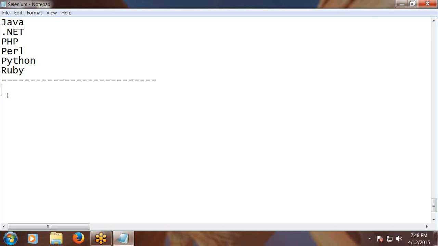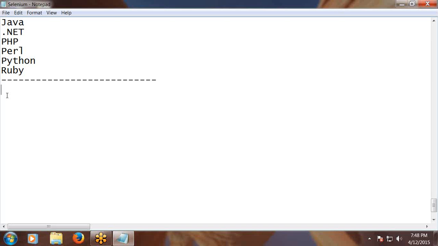But most of the Selenium testers using Java, so you can get more help from internet and other sources. If we use Java, you can get more help. Suppose if we use other language, less support. Okay. Next,